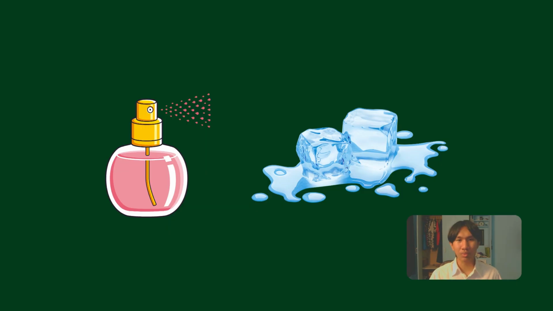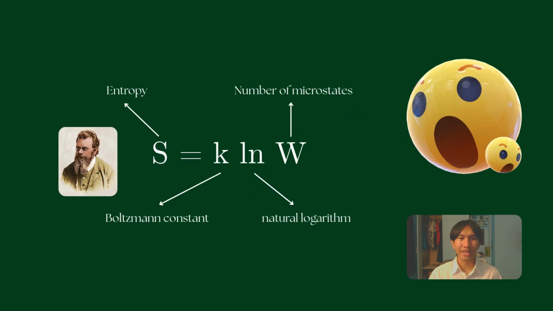Entropy increases when systems become more randomized, like when ice melts or perfume spreads through the air. More possible ways to arrange the particles means higher entropy. The physicist Ludwig Boltzmann defined entropy in terms of probability. His famous equation, S equals k ln W, says entropy depends on how many microstates, or arrangements,